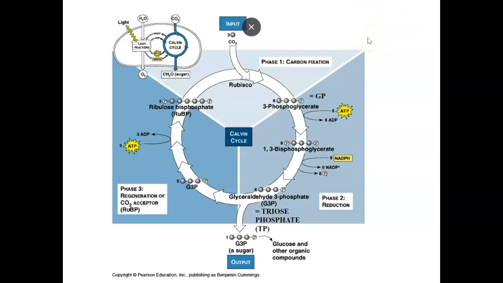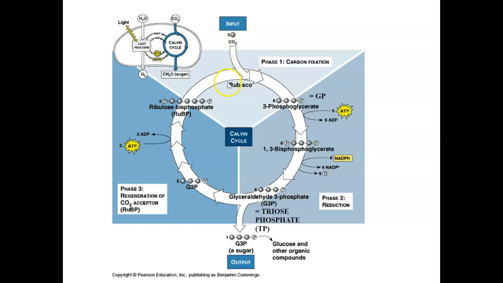Okay, so since, like I said before, it would take 3 carbon dioxides in order to make a 3-carbon sugar as our final output, so 1 molecule of triose phosphate, you typically see the Calvin cycle tracking 3 CO2s at a time. It will always be a multiple of 3. So it could be 3, could be 6, it could be any multiple of 3, usually 3 or 6, but typically 3. So if we were tracking 3 CO2s coming in, so that's 3 spins on the Calvin cycle, then